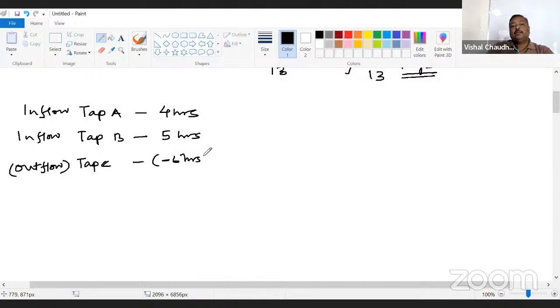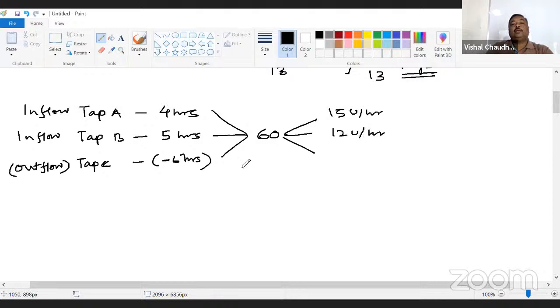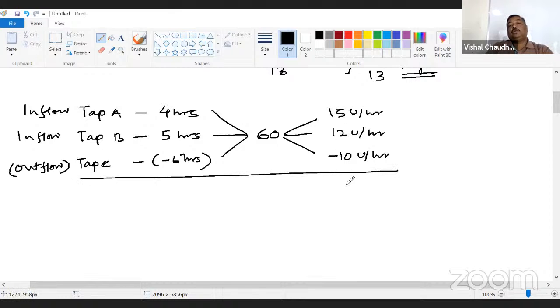ये 6 आवर्स में क्या कर सकता है, एम्प्टी कर सकता है। 4, 5, 6, सबसे बड़ा नंबर 6। सो यहाँ पे देख लेते हैं हम, तो 60 आएगा LCM। ये 15 है ना, यूनिट पर आवर है, ये 12 यूनिट पर आवर है, और ये -10 यूनिट पर आवर। तीनों अगर मिलके काम करते हैं तो कितना हो जाता है, 15 और 12, 27, -10, 17 यूनिट पर आवर।